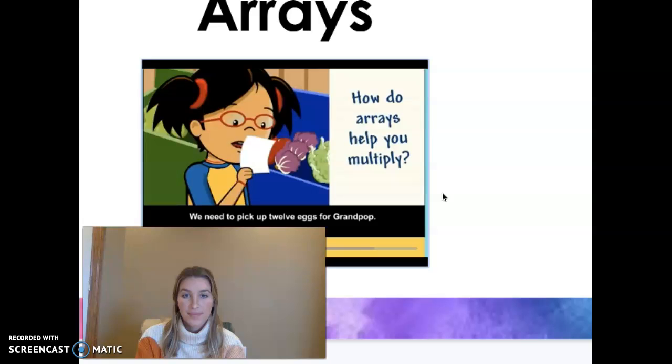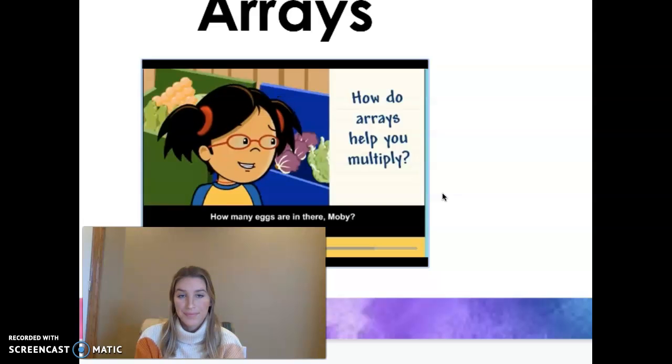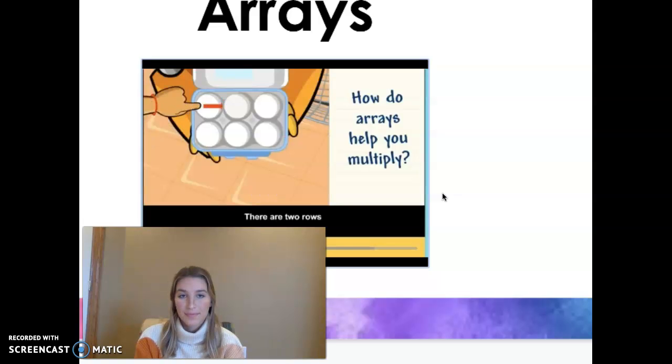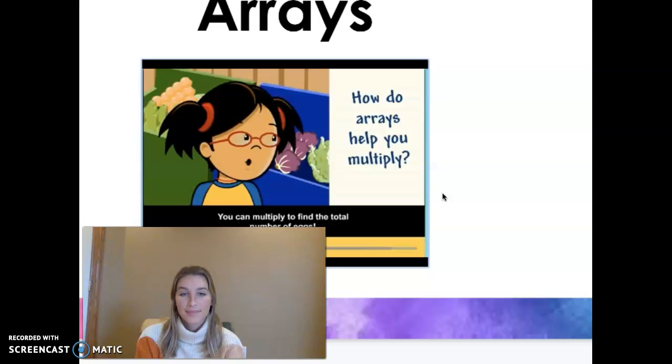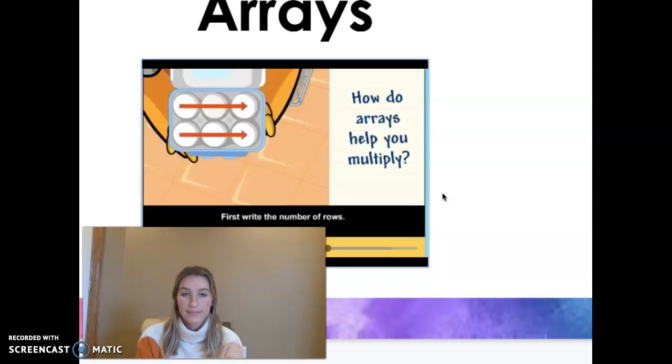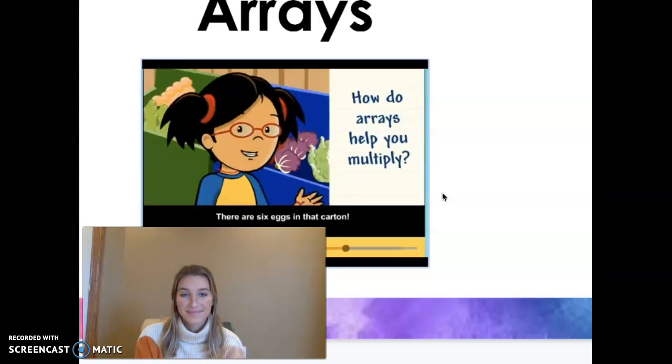We need to pick up 12 eggs for Grandpop. How many eggs are in there, Moby? There are 2 rows, with 3 eggs in each row. You can multiply to find the total number of eggs. First write the number of rows. That's 2. Then write the number of eggs that are in each row. That's 3. The X symbol means to multiply. This number sentence tells you that there are 2 sets of 3. So the answer is 6. There are 6 eggs in that